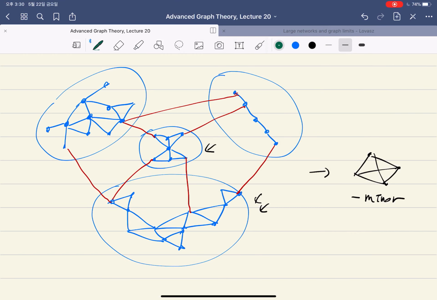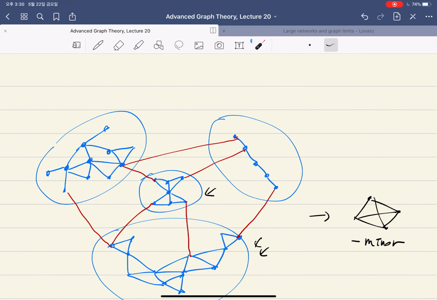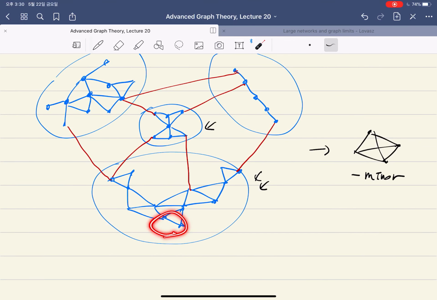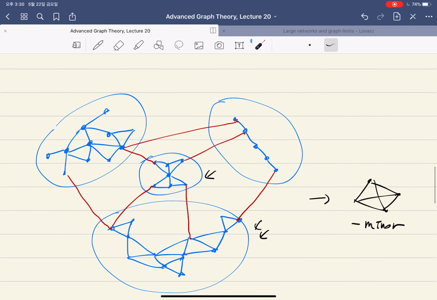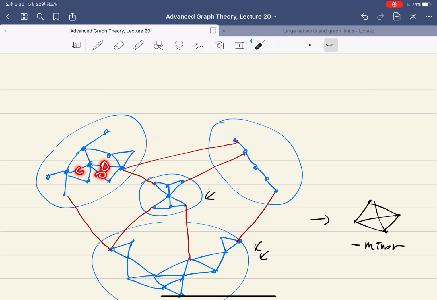So assume you have this K4 minor. Then, for example, these vertices are pretty much useless, and these vertices are also useless. Even if we delete them, this is still a minor. And even if we delete some edges, it's still a K4 minor. So if you leave some,